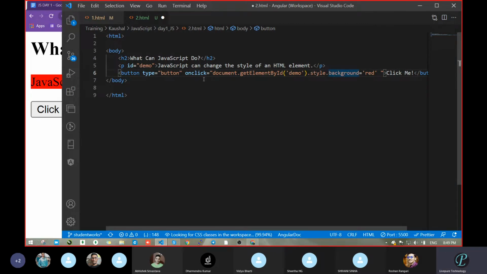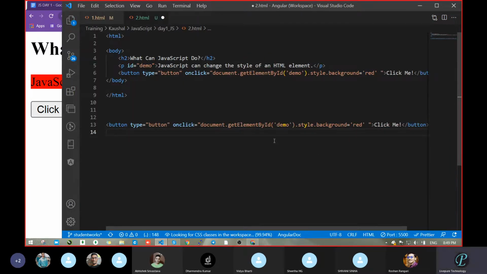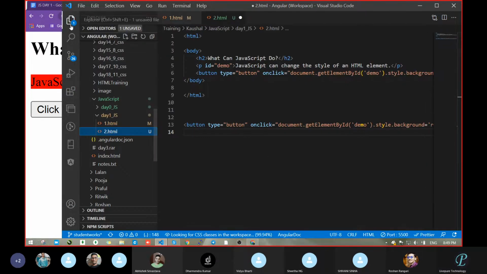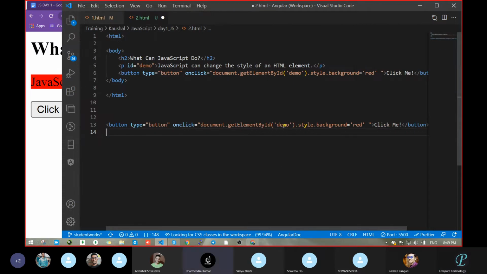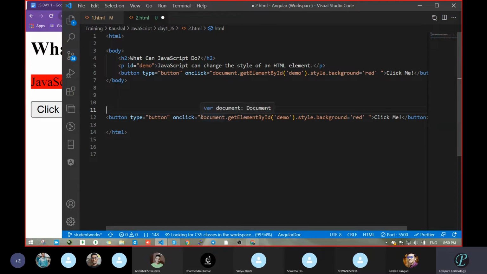But I don't want this single quote, I want the double quote itself. Suppose by mistake I took it like this. Why is this yellow? Because you wrote outside of HTML or body. But now what I want is not this one to be a double quote. So I will take a single quote.